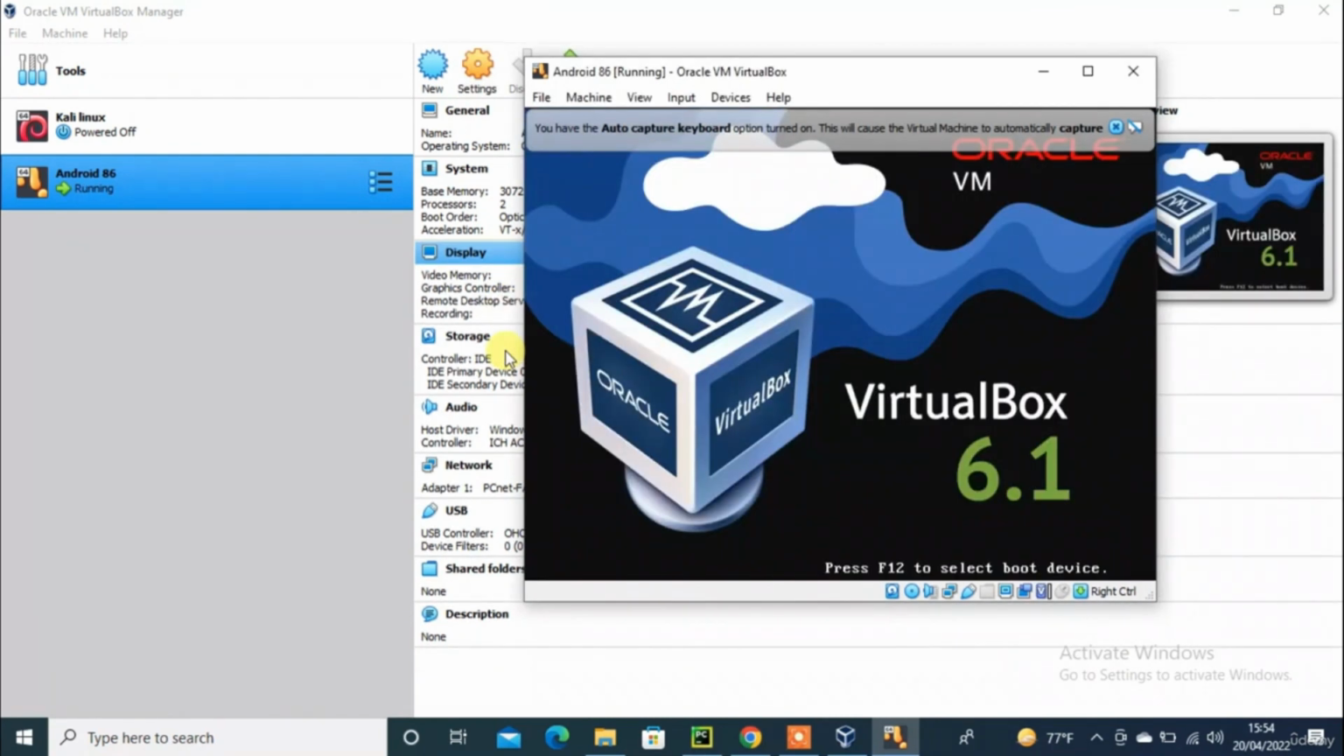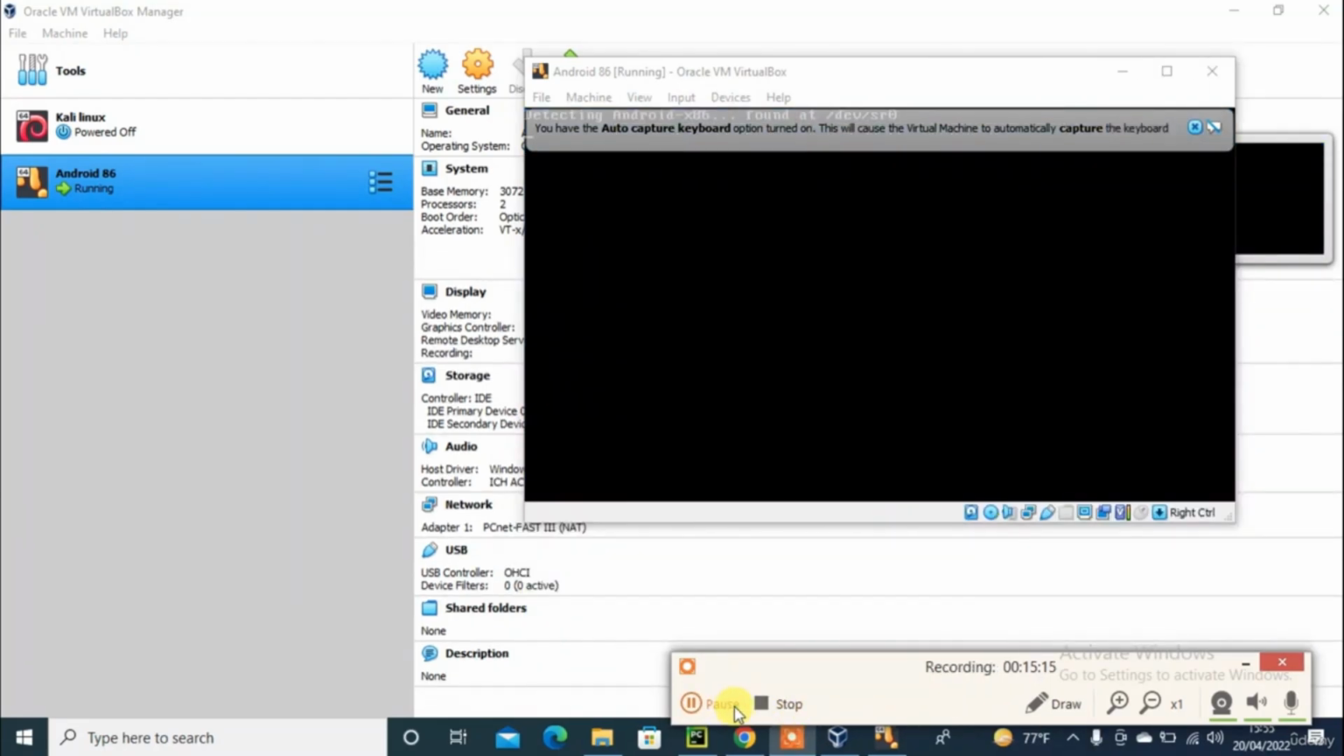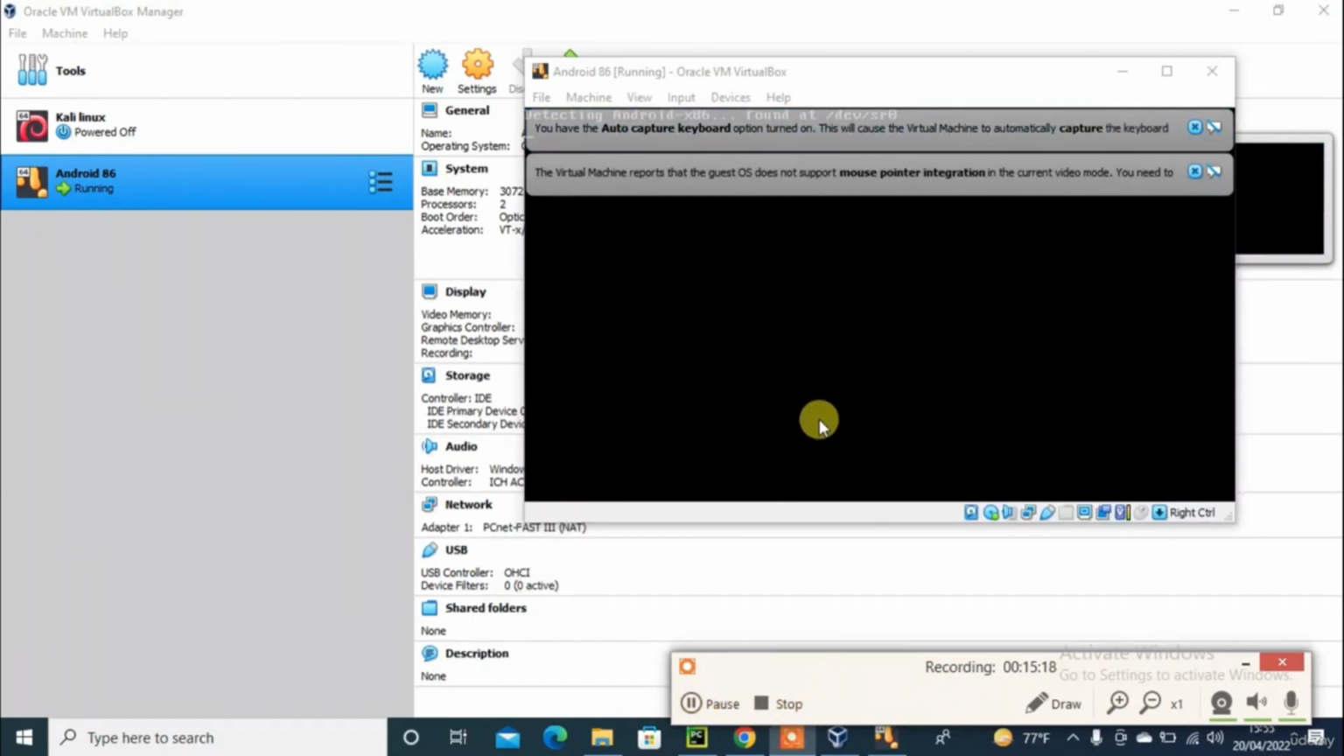Now Android 86 is running. Automatic boot option is enabled and automatic boot is running. Need some time for this procedure, for the first time installation or configuration. Now look at